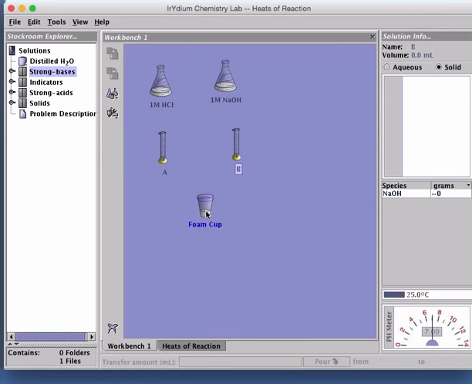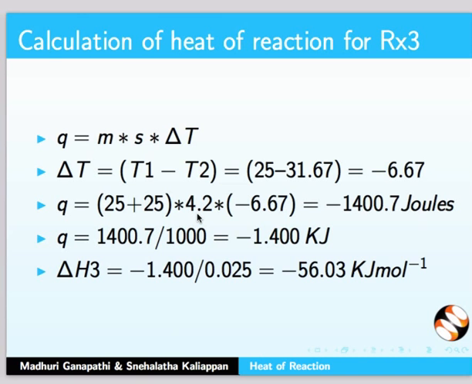Click on foam cup. Allow the reaction to take place for a few seconds. Record the highest temperature. Thermometer shows 31.67 degrees Celsius. Calculation of molar heat energy for reaction 3 is given here. Delta H for reaction 3 is minus 56.03 kilojoules per mole.